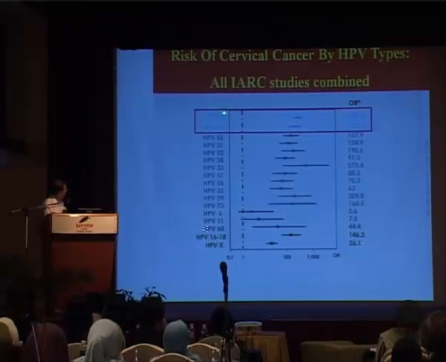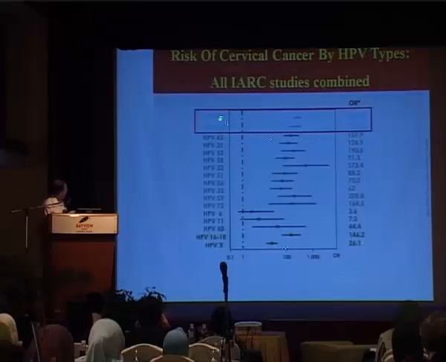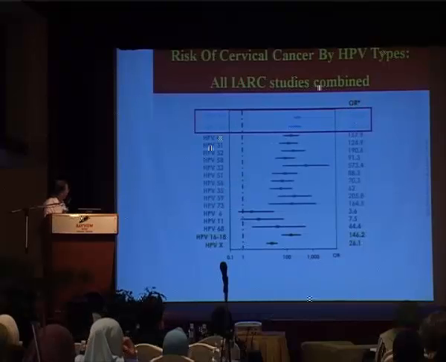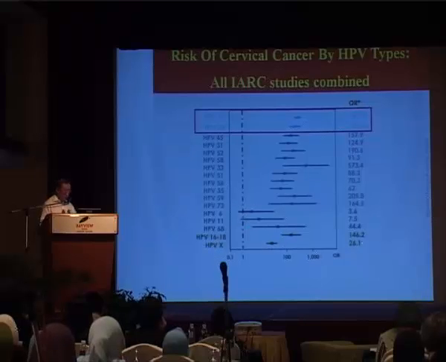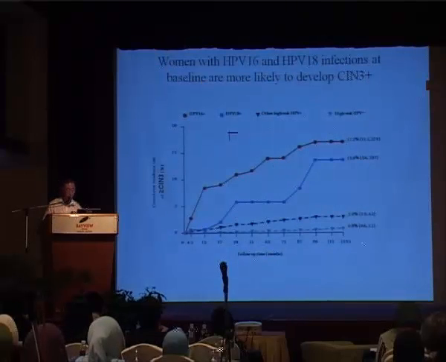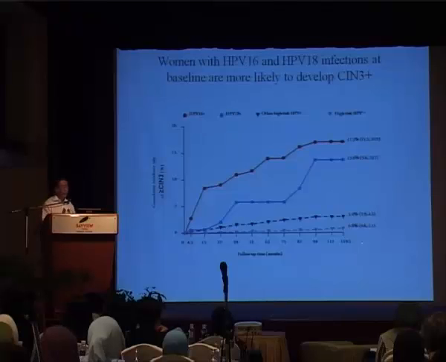But if you look at the left-hand side here, a list of different HPV subtypes, you see the difference in terms of the risk ratio, which is actually quite low for many of them. So that is to look at all the different subtypes of the so-called high-risk HPV, the types of HPV associated